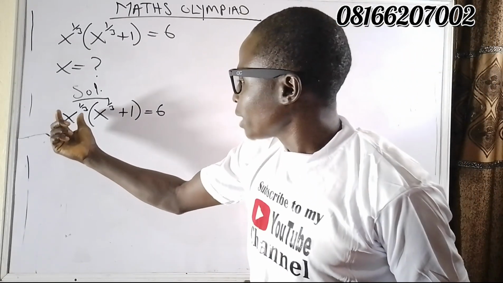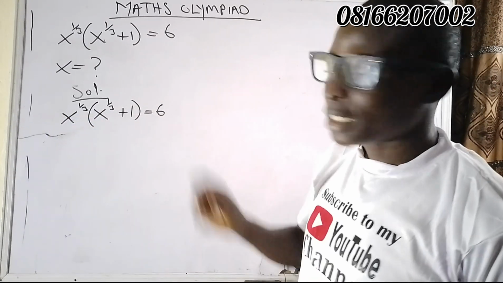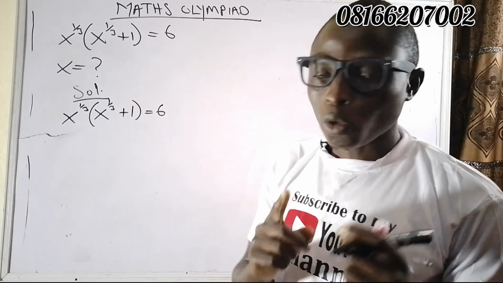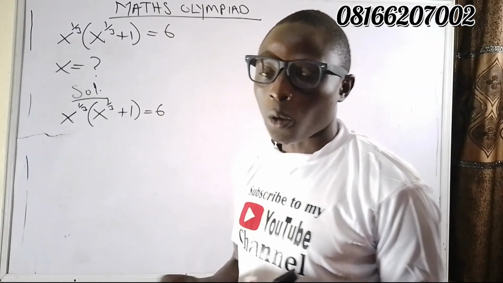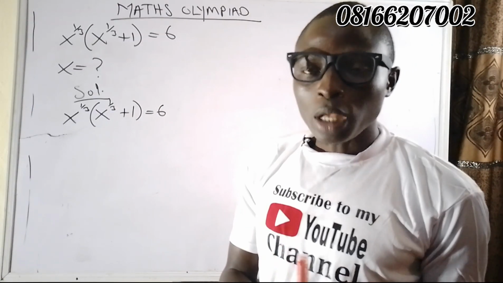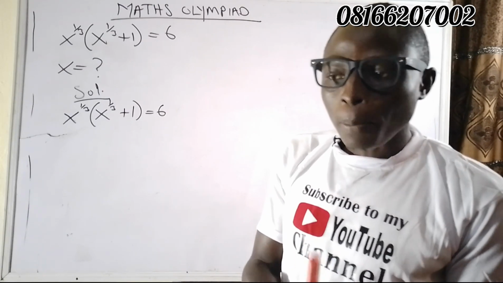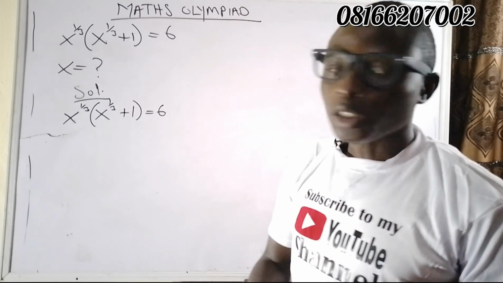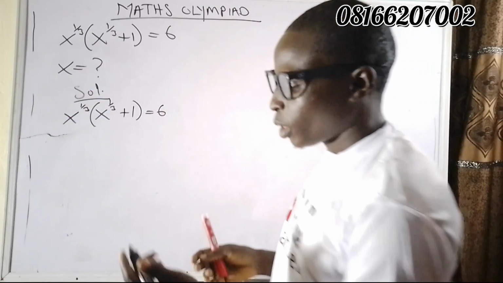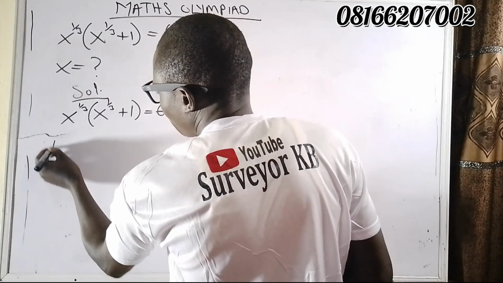We cannot make x to be 6 at the same time, but we have one thing in common, which is x raised to the power 1 over 3. So let's assume a particular unknown that will equal x raised to the power 1 over 3. So let m